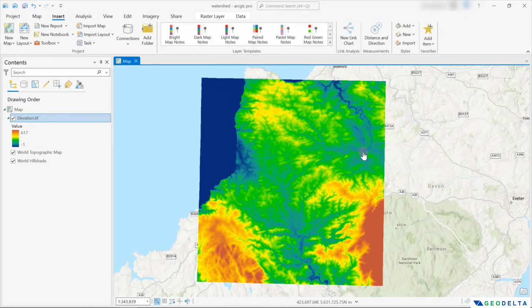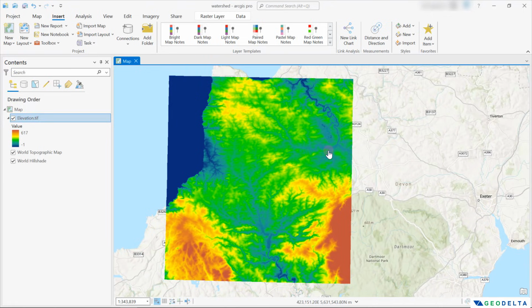Alright, so when delineating watersheds, the very first thing that we would like to do is we would like to go ahead and fill the sinks. And the reason why we do this is to basically eliminate small imperfections that are usually present in this kind of raster datasets. So in order to fill the sinks, what you can do is you can basically make use